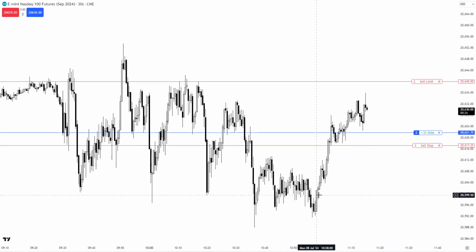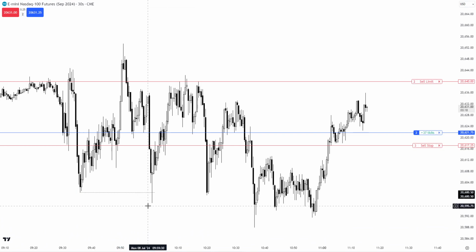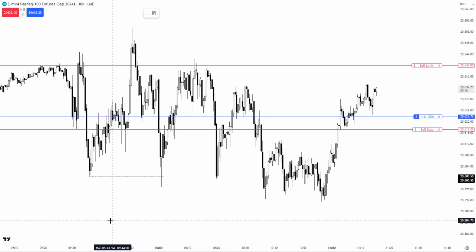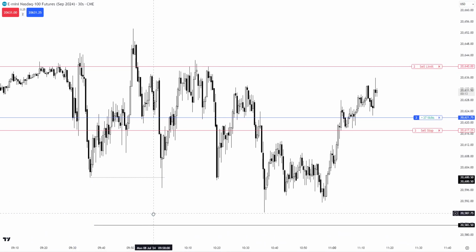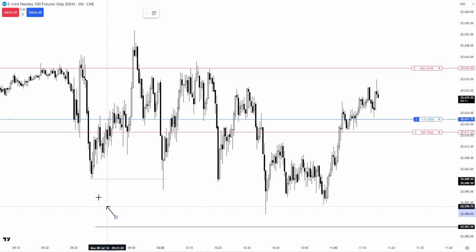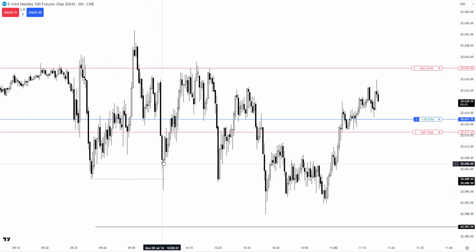So I'm going to remove some of the stuff on the chart, and I'll show you guys what a high resistance liquidity run looks like. Price takes out an old low. So we have this old low of sell side liquidity over here. In a high resistance liquidity run, let's say the draw on liquidity, you think it's down here. In a high resistance liquidity run, it'll take out that old low, and then there'll be a deep retrace back